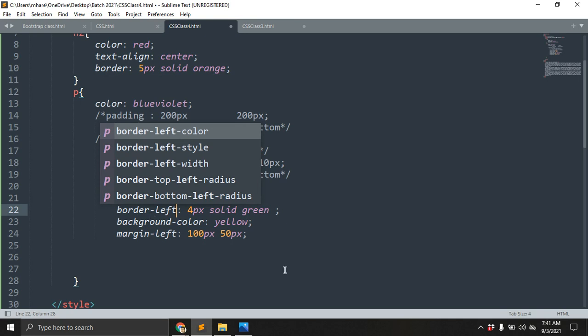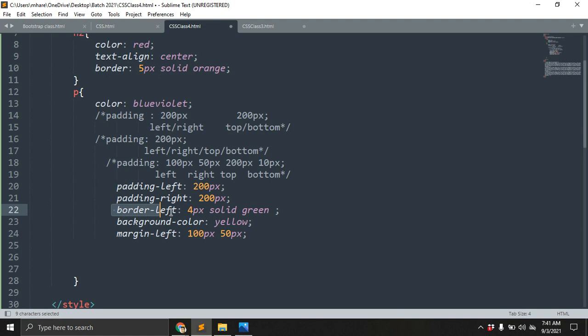You're asking, I just need to give margin. We are asking about margin, right? Are you talking about the border or are you asking about margin? Can you tell me one thing? You're talking about the margin or border? Wait, I want to say we will use top and bottom inside the margin left. No, inside the margin left we can't use it like this. We need to use only one value, either 100 pixels or 20 pixels like that.